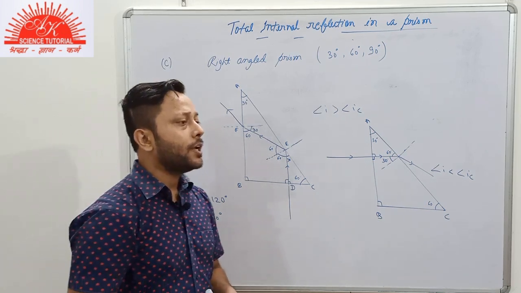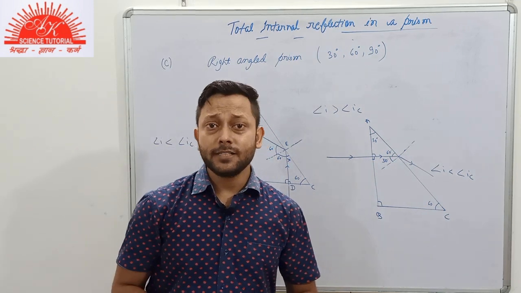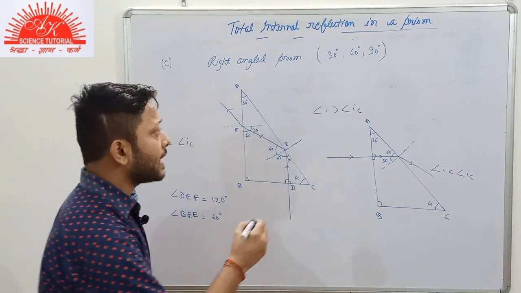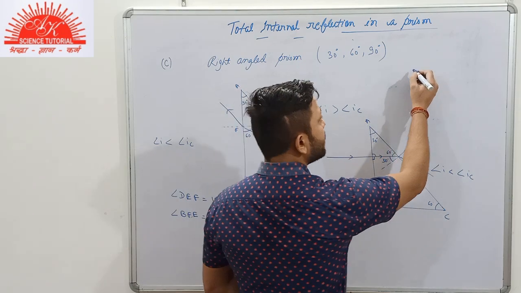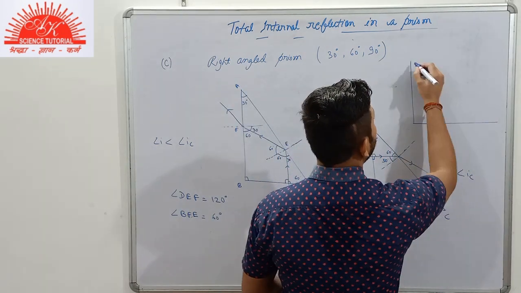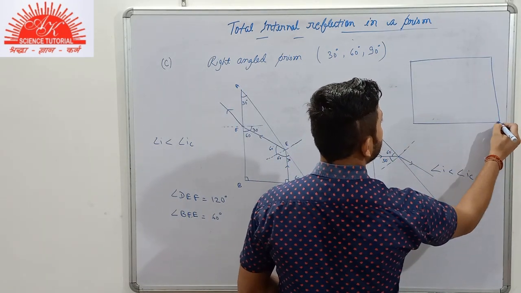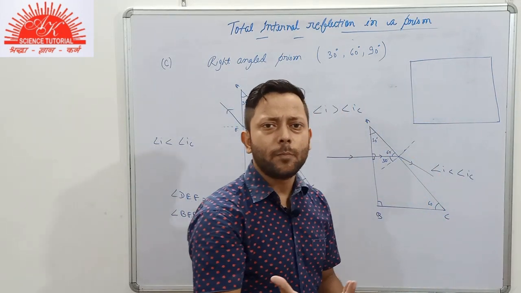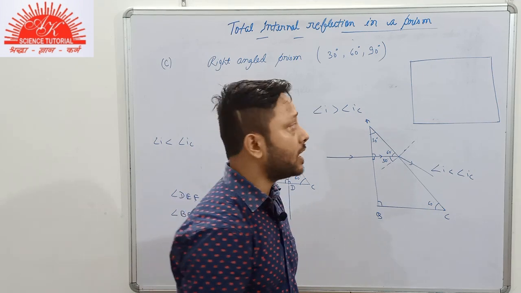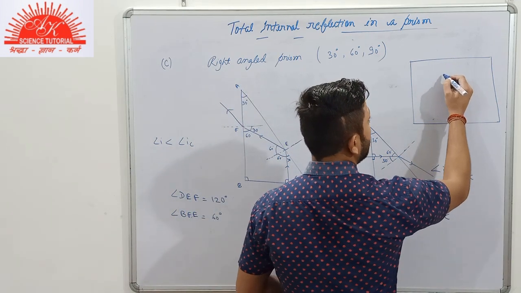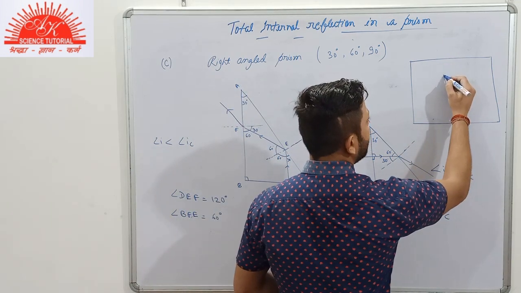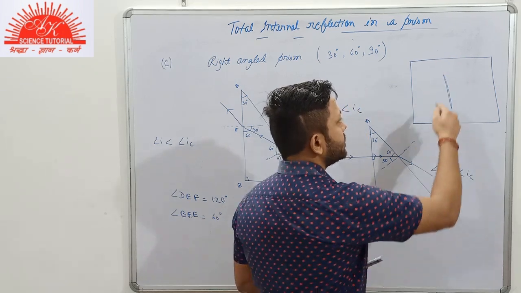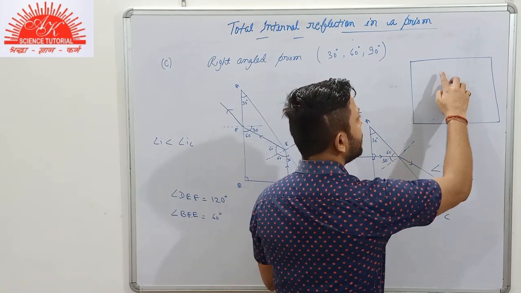Now one more thing, you might be asked about the reasonings. Suppose you are asked why does the crack in a glass surface appear to be shiny. Suppose this is a glass surface, a window pane or anything that is made up of glass. There is a crack in it. I'll draw the crack. Suppose this is a crack in the glass surface.